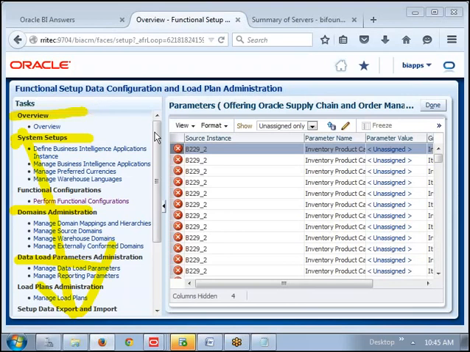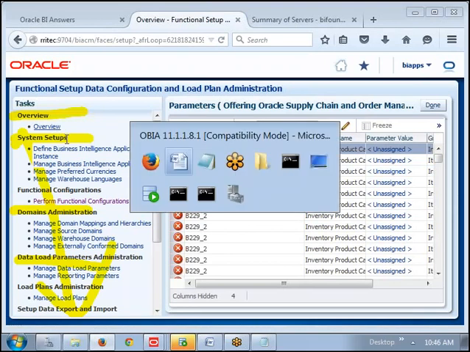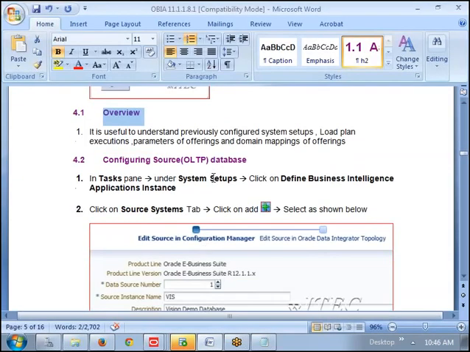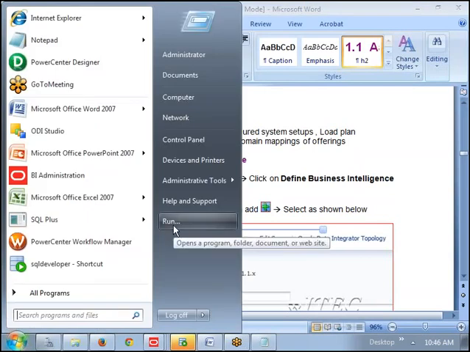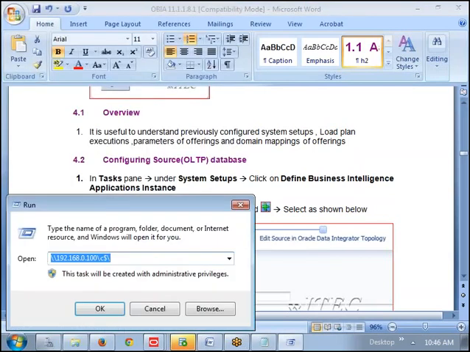Now that's fine. Previously I clicked on the parameters, right? That's why this is open. Now let us go and see the next one: configuring your source OLTP database. Now what is your OLTP? In my case, let us go to Run, then CMD,